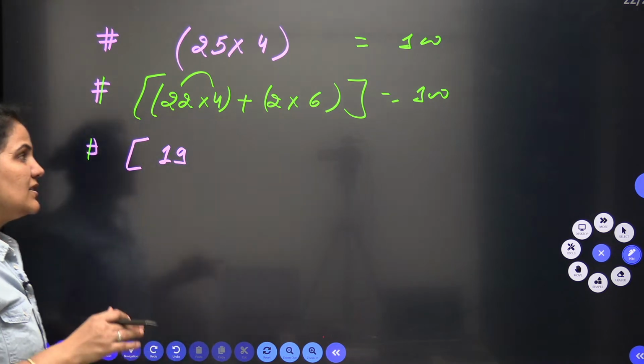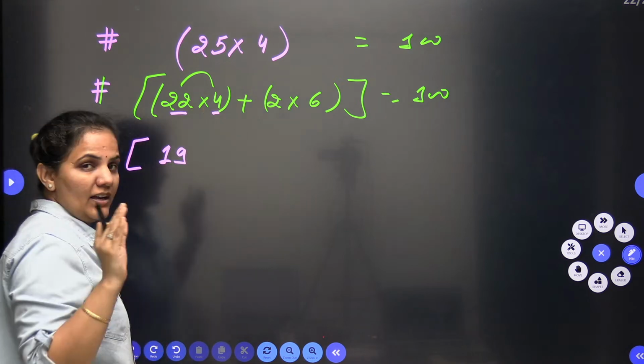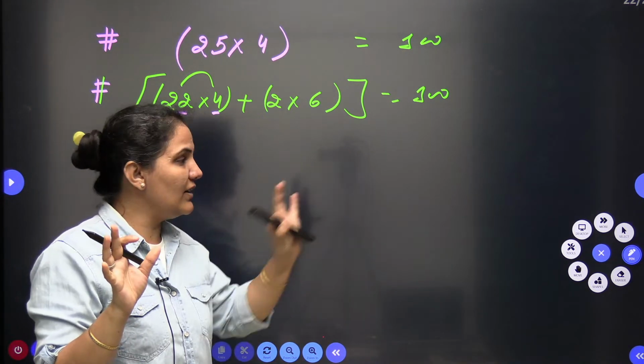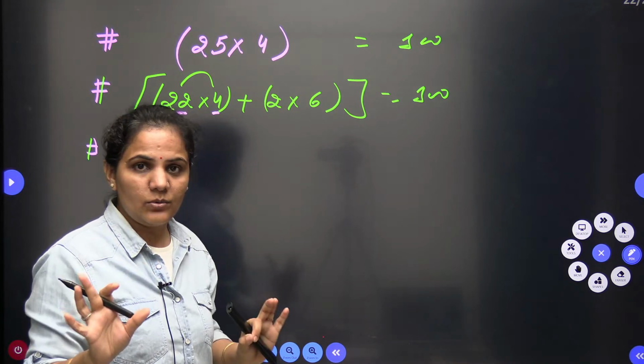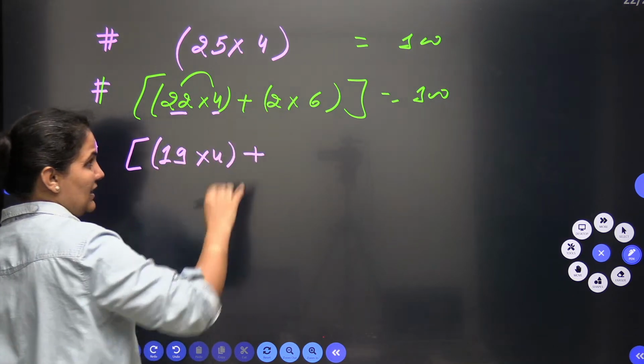Okay, so please be careful. This is 22 into 4, 88, plus 12. When I go with this one now, so be specific. We need to calculate overall. The requirement is 100 only. So when I go here, 19 fours are possible, and the number of sixes you